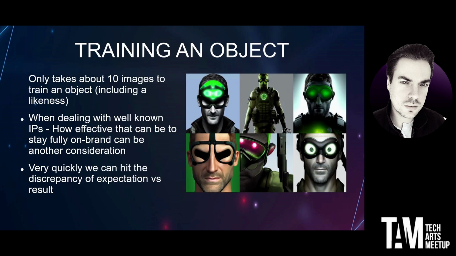So this, I don't know if you know Sam Fisher, this is from Splinter Cell. This is in Stable Diffusion, so this is not even on our training data. But you can see immediately there's already training data in there already, which is wild. You know, there's public photos out there, but images, I should say. But you can see immediately that without any training, things like brands and being on brand and IPs, it can't be like it needs to be exactly it. And so you need to start putting a lot of work in to really train these models to actually get something usable out the other end, especially for IPs that we work on in games and films.